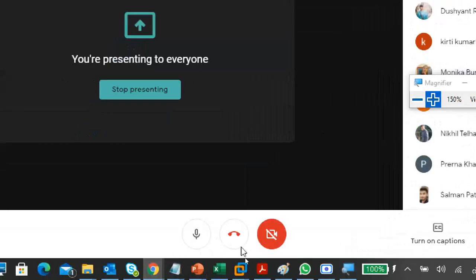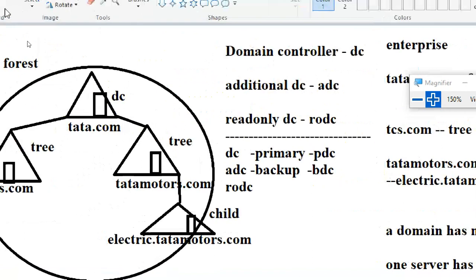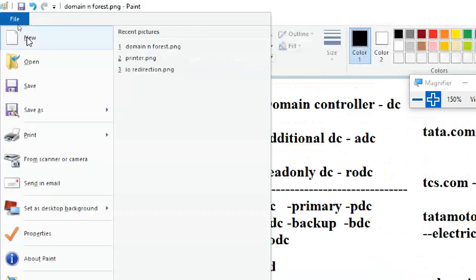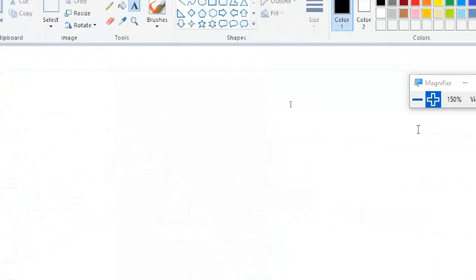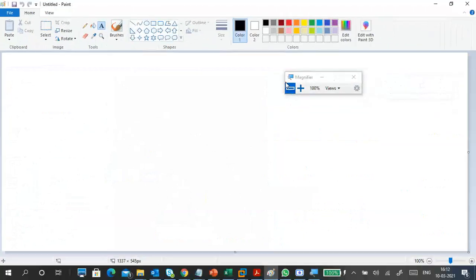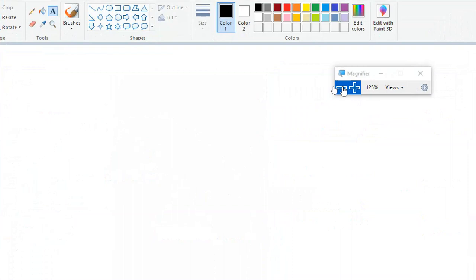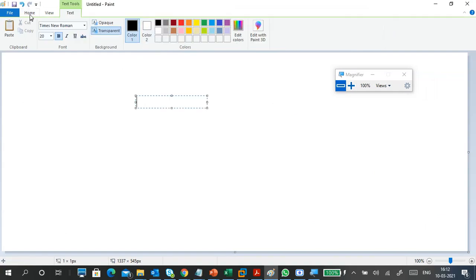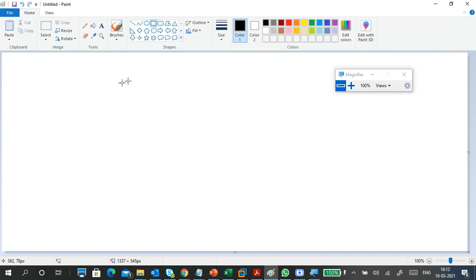Now we are in the server part, right? Guys, I shared this one, so I'm going to a new one. Here, understand a few things. This is my domain controller.